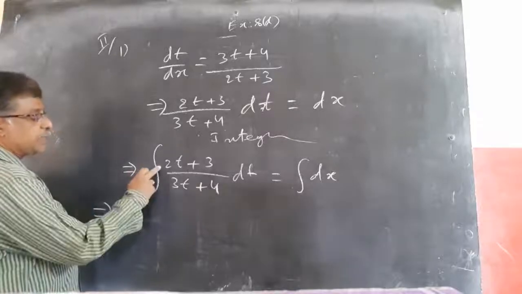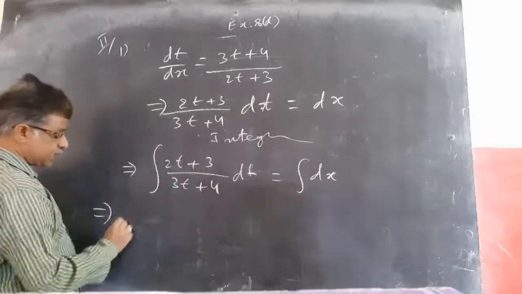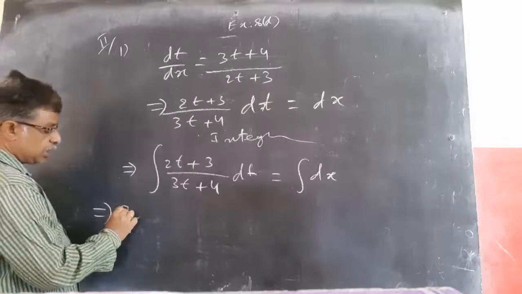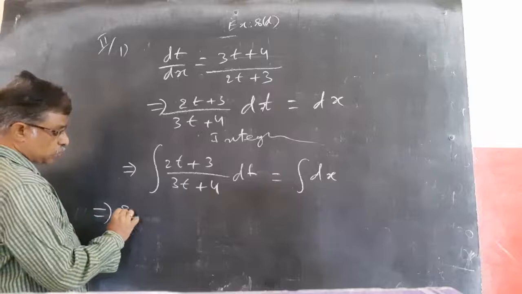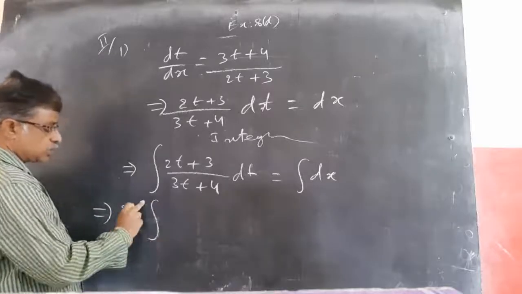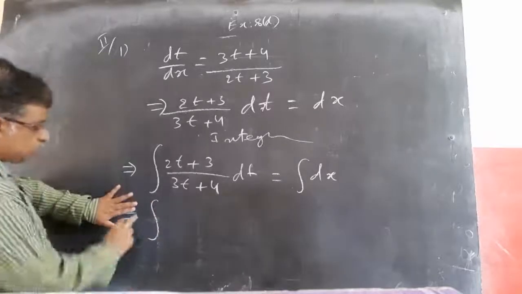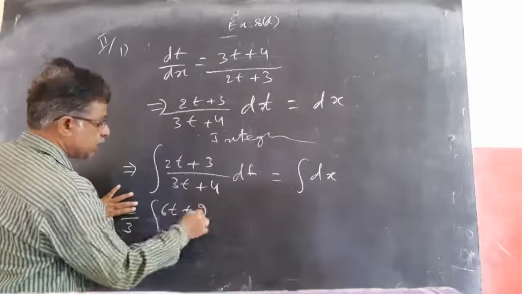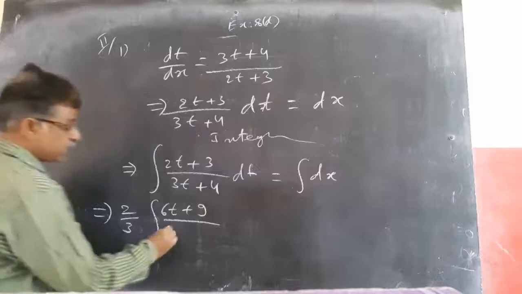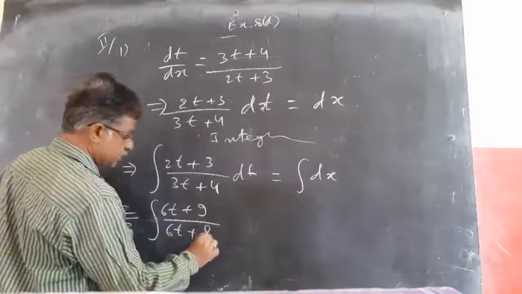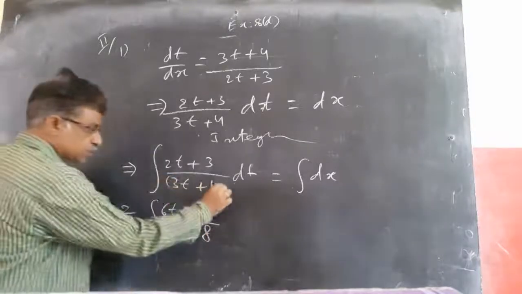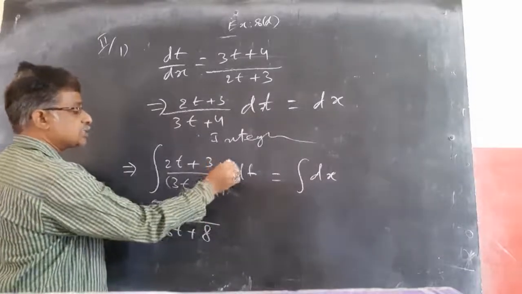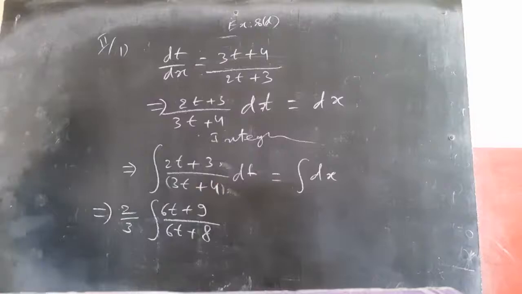So I am multiplying numerator with 3, means I divide the denominator with 3. So what I am doing? Into 3 by 3 I am doing first. That into 3 I am giving to this, 6t plus 9. By into 2 I am giving to denominator, becomes 6t plus 8. I am doing this with 2 simply, means numerator by 2. I am doing this with 3, so denominator by 3. So I did not change the value.